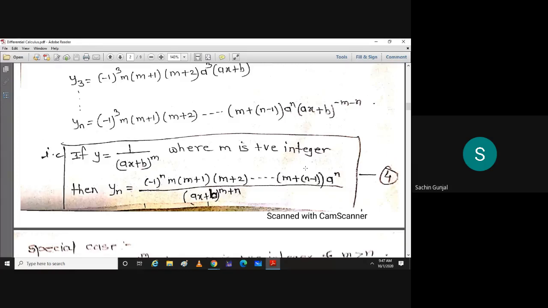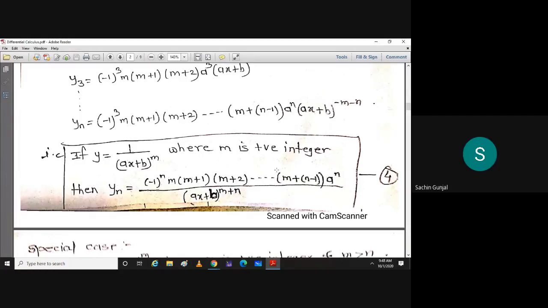See, for the time being, take m as 5. So what is happening? 5, 6, 7, and so on. So we can multiply and divide by m plus n. Then the upper part will be m plus n factorial upon